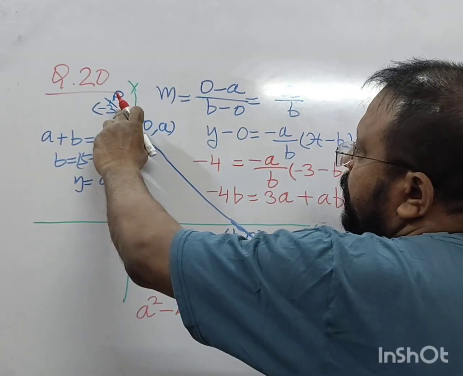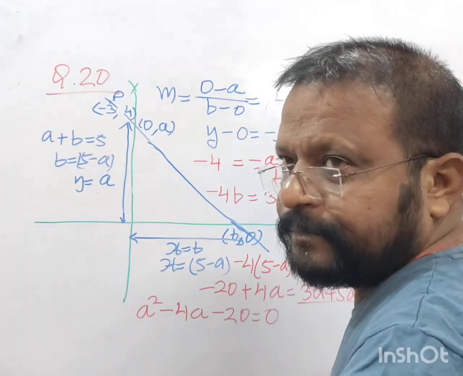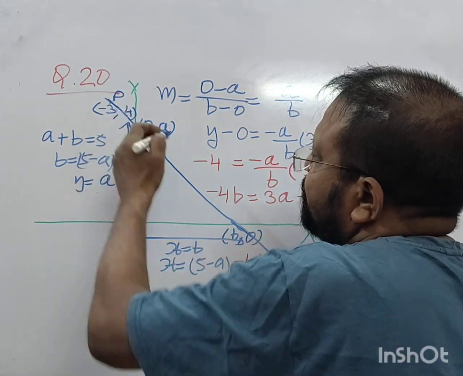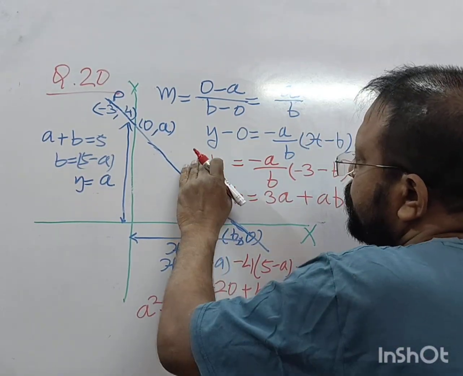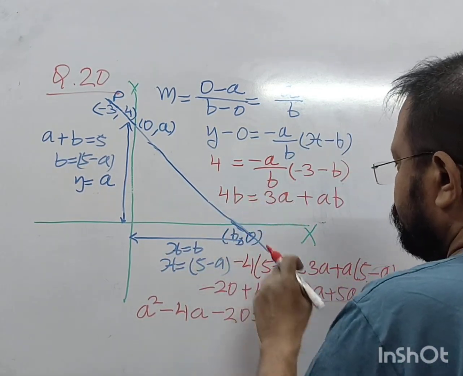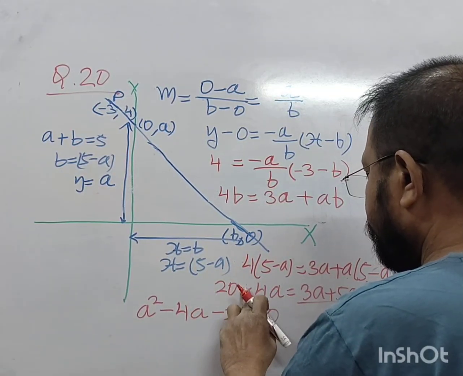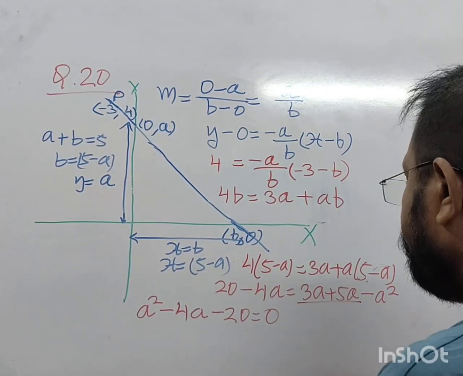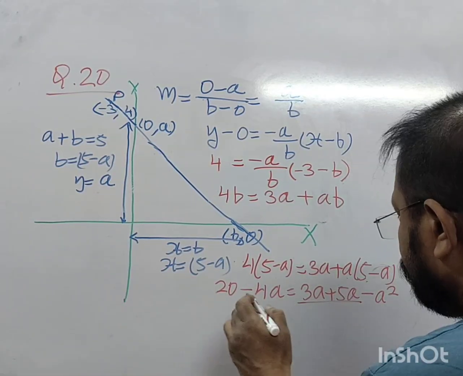This is not minus 4, man. This is not minus 4. Then it is not minus 4, so it becomes not minus 12. It is not minus, it is 4. So that's why it is not minus 4. So it becomes 20 minus 4a. Right? So when it comes on this side, it becomes what?